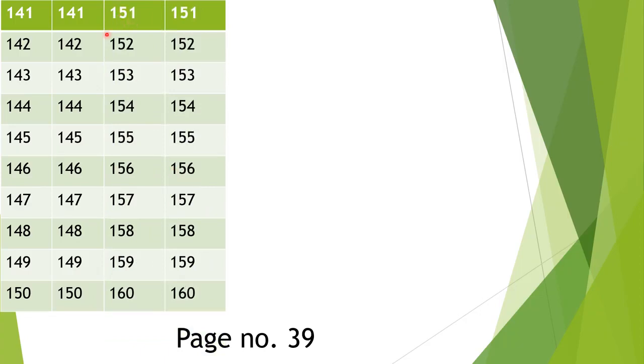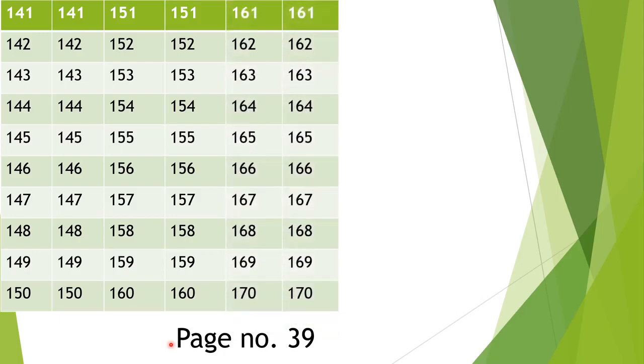151, 151. Next is 152, 153, 154, 155, 156, 157, 158, 159, 160. Next row is 161, 162,